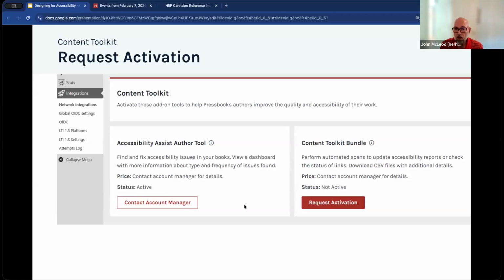Where you can directly, if you want to turn on the accessibility authoring tool, contact your account manager through that link, or you can request activation. That will notify your account manager and notify our support team that the Content Toolkit bundle has been requested, and we'll reach out to you just to confirm and then activate it on your network.